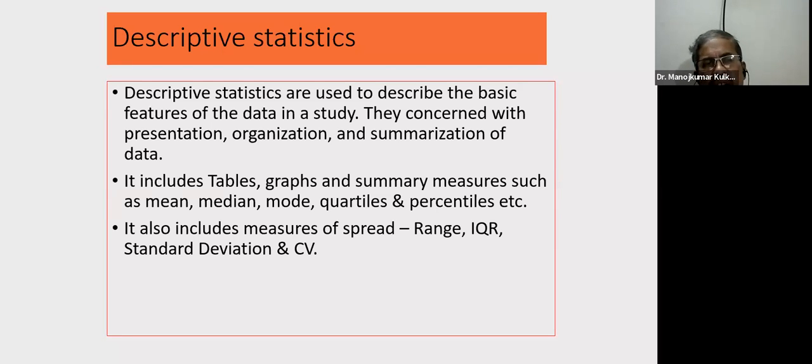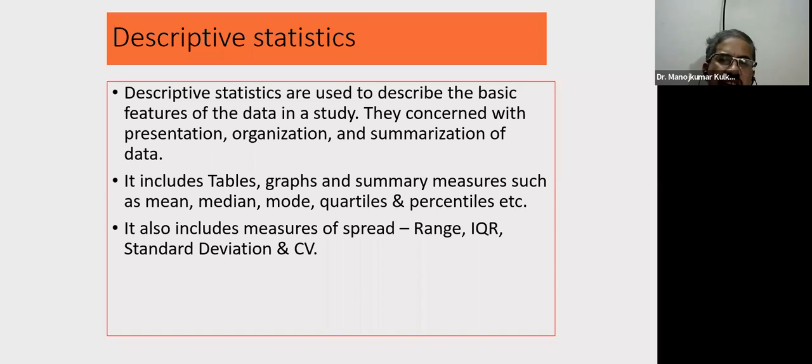Before you start your analysis, you have to carry out descriptive statistics for each of the variables. Apart from your required descriptive statistics, if you run descriptive statistics for all the parameters, you can judge the quality of your data. Are there any error data, whether data has been entered correctly or not? For whatever measurements you have made, the first thing you have to check is this. You have to clean the data.